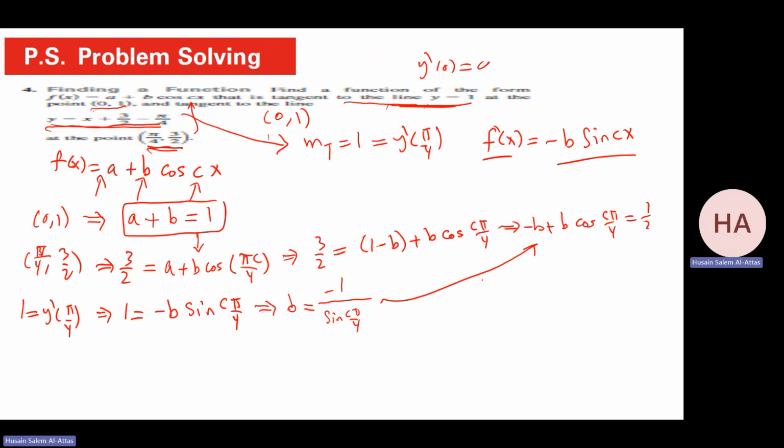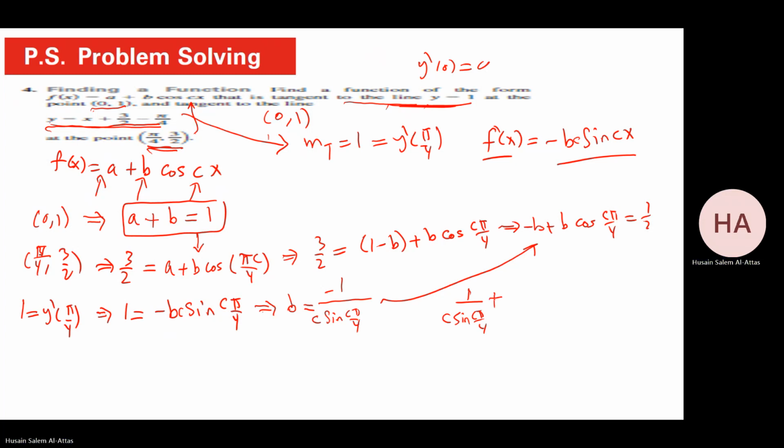One minus b, so that will be 1 over c sine c pi over 4, 1 over c. Now where is the c? 1 minus b. When I do the derivative, there is a c. There is a c missing, sorry. Where is the derivative? There is bc here. Yeah, there should be a c here. So this is c, 1 over sine c pi over 4